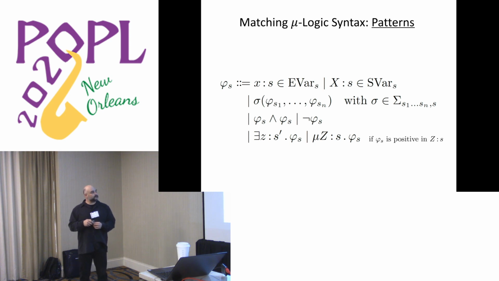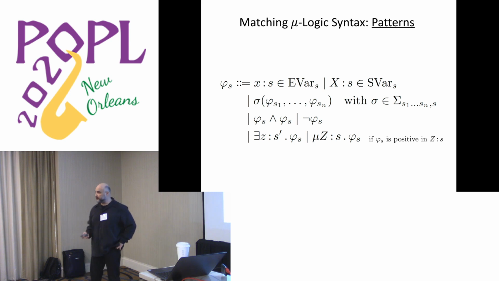Then once you have patterns, you can put sigma symbols on top of them. So you can build bigger patterns from smaller patterns. And again, the semantics of patterns is that of pattern matching. So what we have so far here is like normal terms with these 2 distinct kinds of variables. But you can go further and actually do logical reasoning with patterns. You can very well conjunct 2 patterns. The semantics of this is intersection. If you have to match a conjunction of 2 patterns, you have to match each of the patterns. You can have negation. You match not phi if you do not match phi.